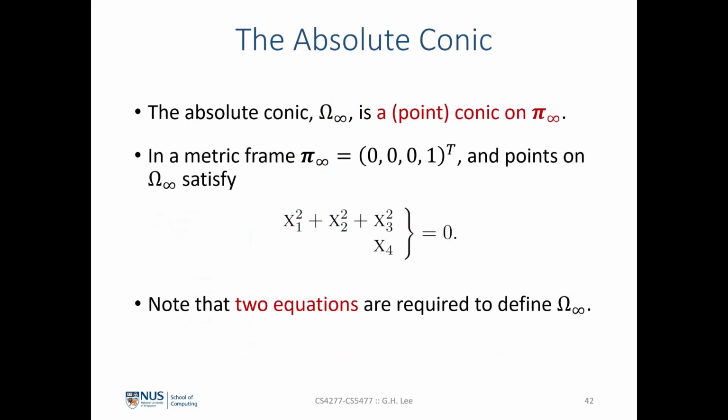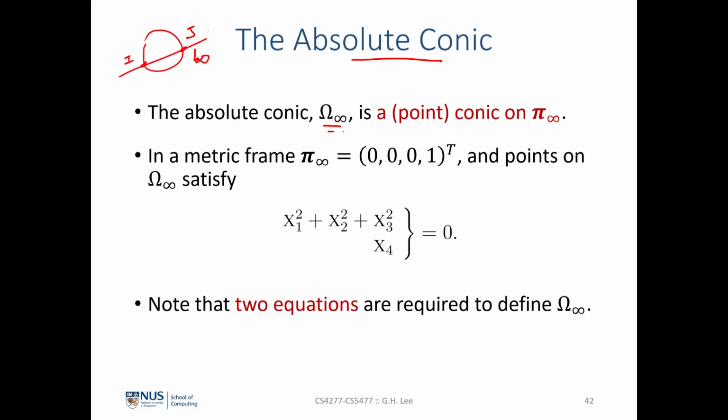Now, let us look at the definition of the absolute conic. Previously, we looked at the circular points, which are on the line at infinity. Any circle or any conic that intersects the line at infinity will always do so at the 2 points of circular points I and J. And now we will look at the definition of the absolute conic, which is the conic denoted by